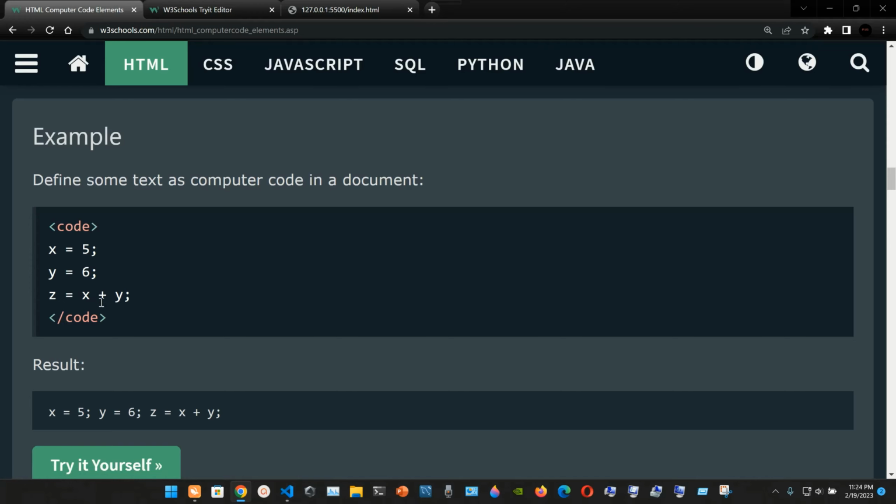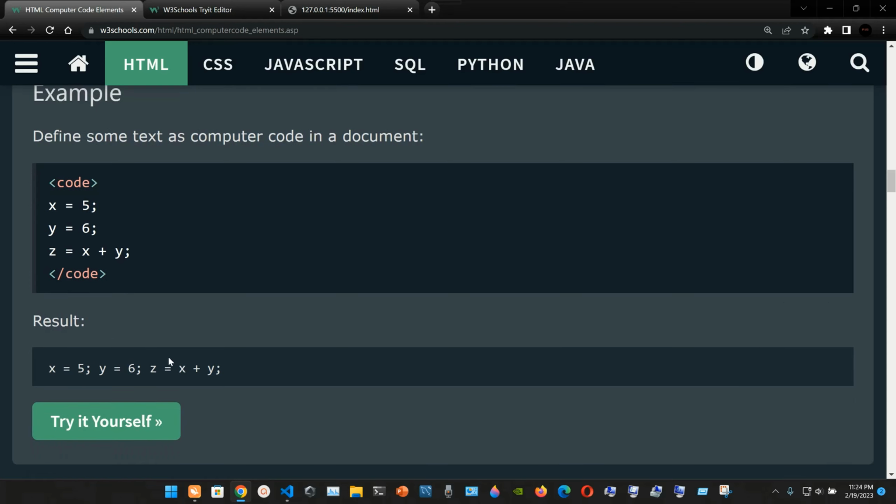And then we end the code tag here with open angle brackets / code, and the result is gonna be x is 5, y is 6, z is x plus y, as we saw